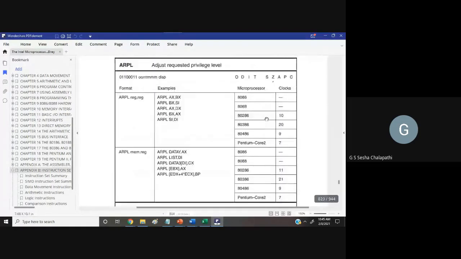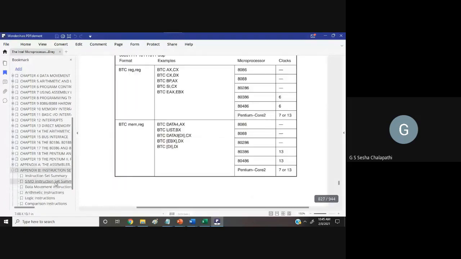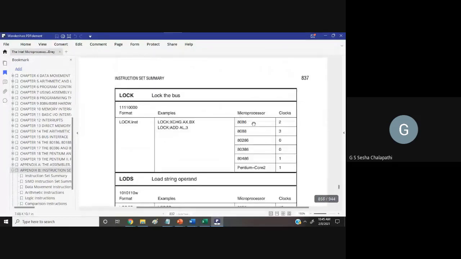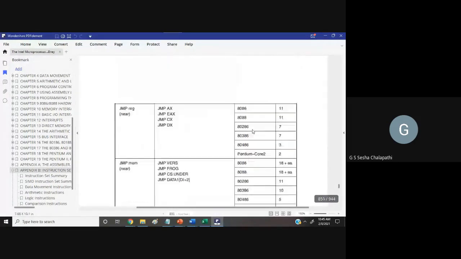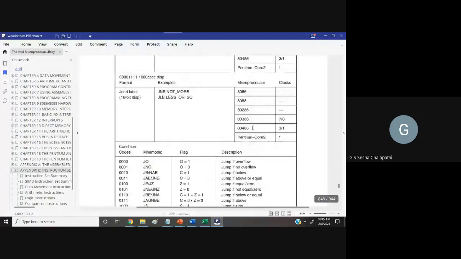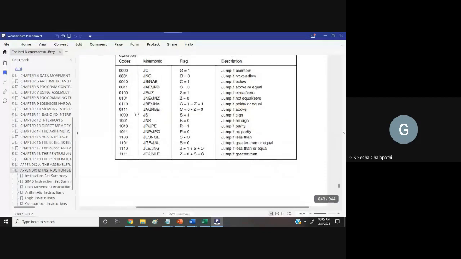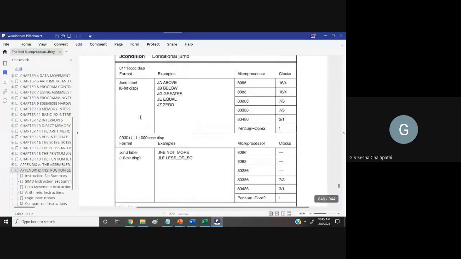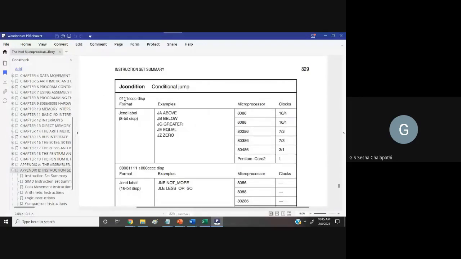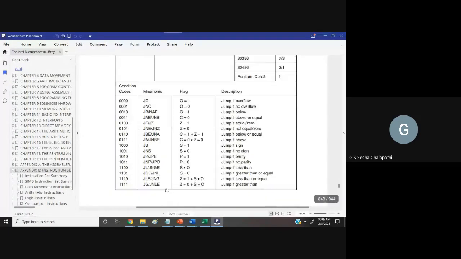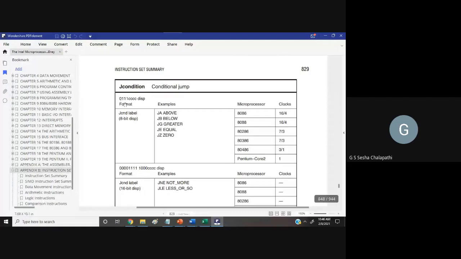For JNZ, the template is 0111 followed by CCCC, and CCCC is based on the condition. For JNZ it will be 0101.